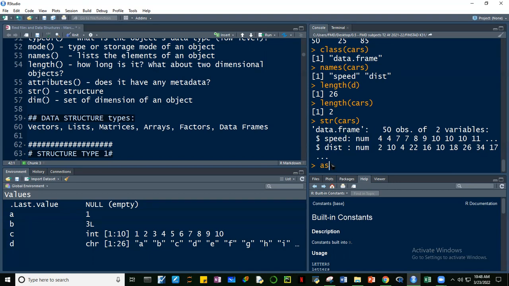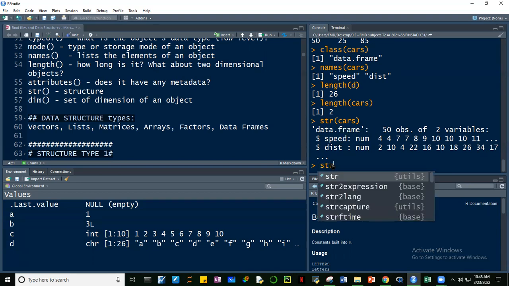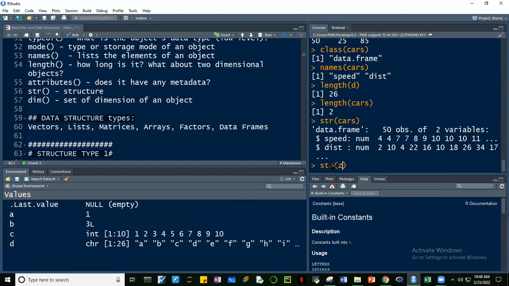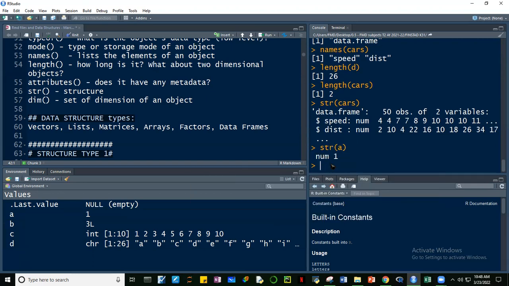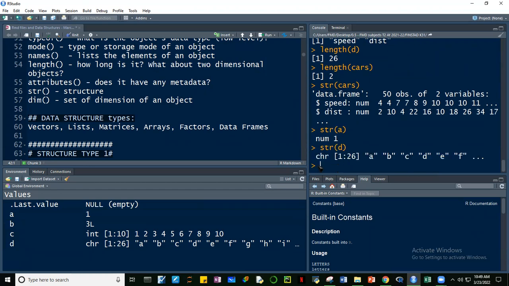And if you take a look guys at structure ni A. Okay, di ba? It's just a numeric lang siya. Okay, numeric data lang siya. Tapos number 1 siya, no? Structure ni D, yung mga letters. Okay, character siya na 26 yung elements. So yun ang that's what we mean by